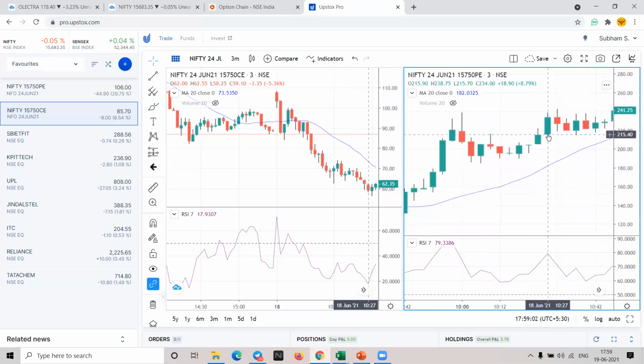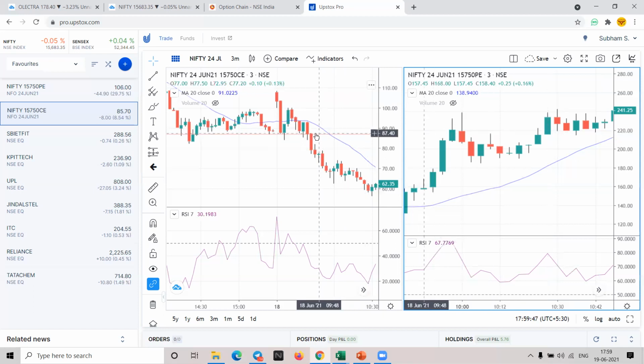If you take entry in this, what is the low of it? I'll explain another good concept here. What is the low of this? 215.7, right? When we are keeping a stop loss, we always round off our values to the nearest whole number. So in this case, the low is 215.7, so we round it off to 215. Because we keep our stop loss at a round off number.